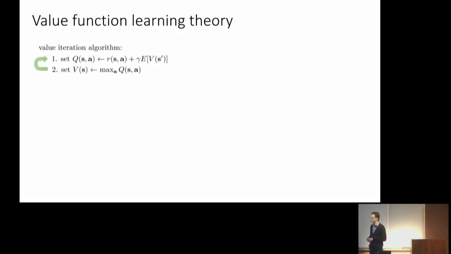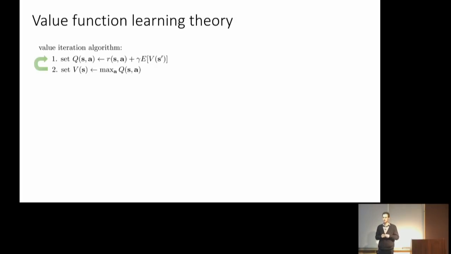So in the second half of today's lecture, I'm going to talk about a little bit of value function learning theory. And this is going to be a very pessimistic part of the lecture. It's going to have very sad conclusions, basically, we're going to conclude that everything is horrible in the world. But that's okay, because on Friday we'll have a more upbeat lecture where we'll talk about how, even though there are no guarantees in life, we can still make these things work. So this is going to be a little sad, but then on Friday it's going to be a little happier.